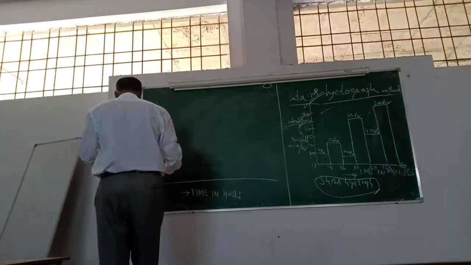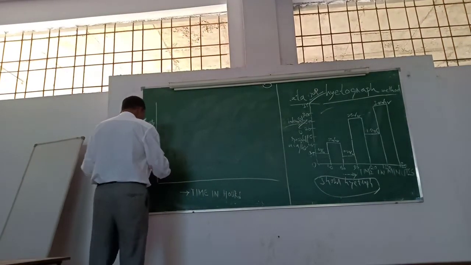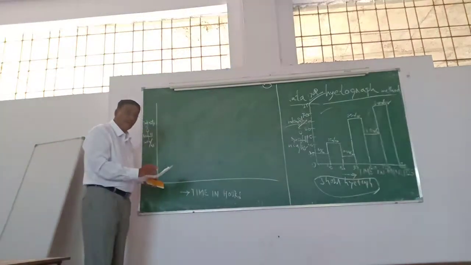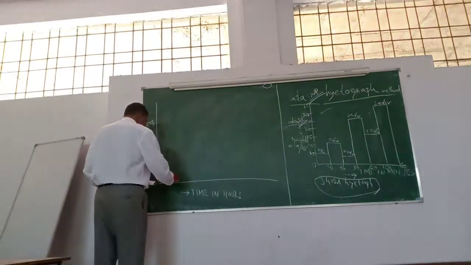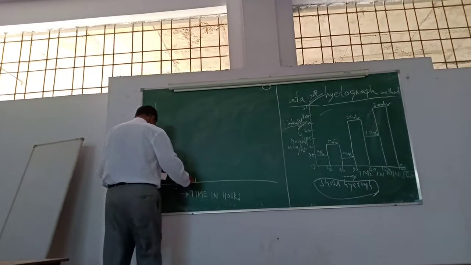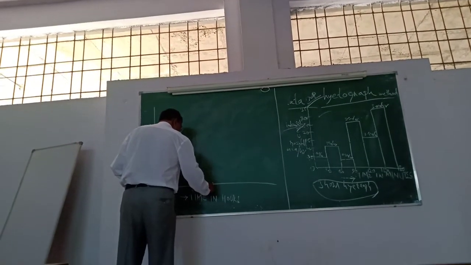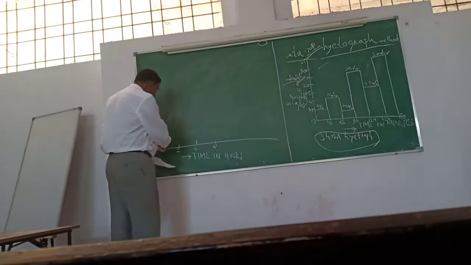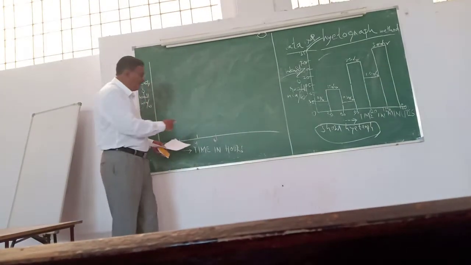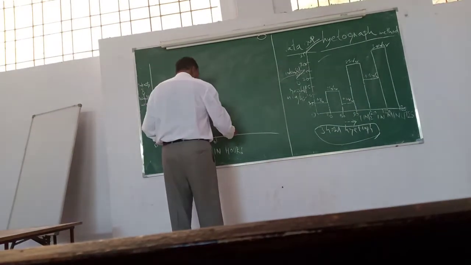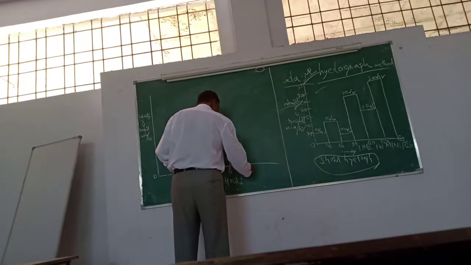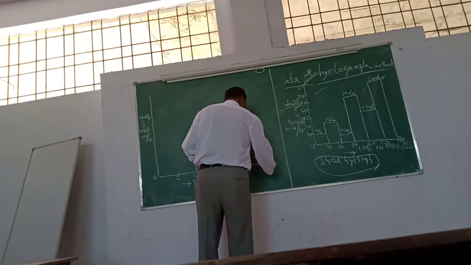Coming next, second: time in hours. Now look very carefully at how I am writing it. 0, I am changing it. 2 hours, then 4 hours, then 6 hours. I am not adding 1 hour. 1 hour is here, sir. 3 hours is here. It will be settled now. Then 6 hours, then next 8 hours, then 10 hours. Next is 12 hours.